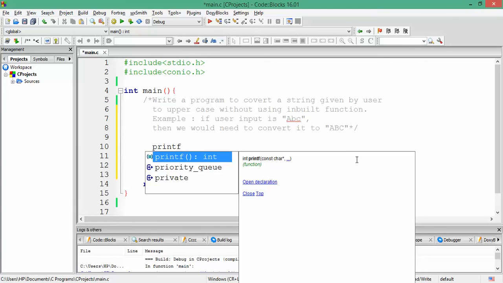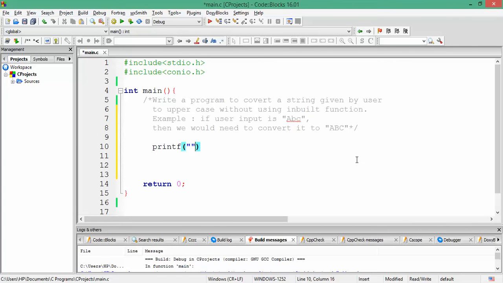Let us quickly see what the ASCII values of a few characters are.